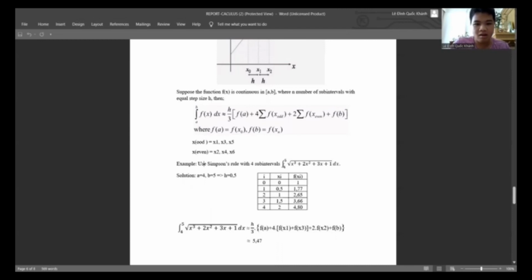As we can see, a is equal to 4, b is equal to 5, so we can find that h is equal to 0.5, and after finding all the f(xi) we need,